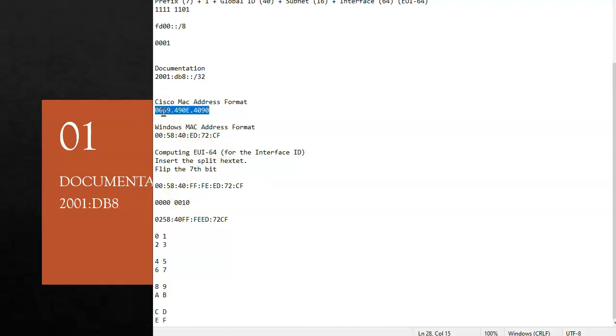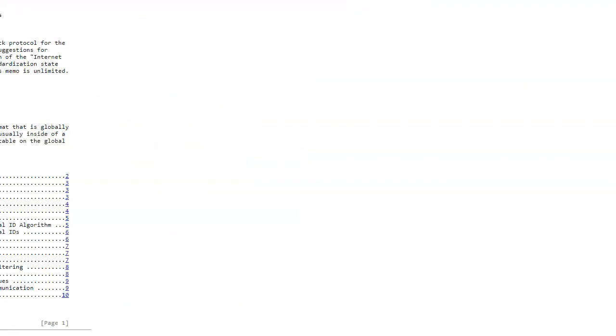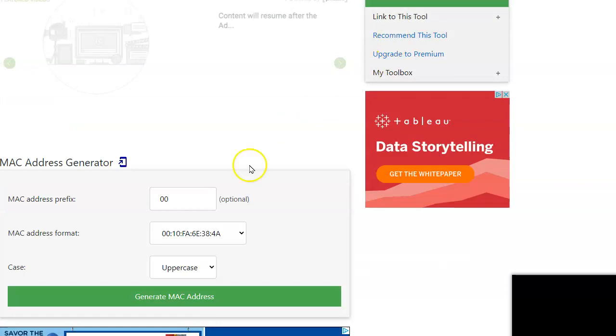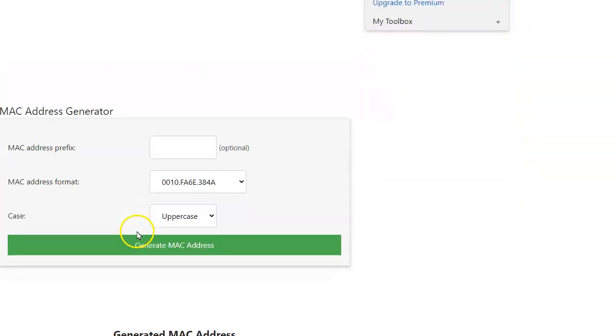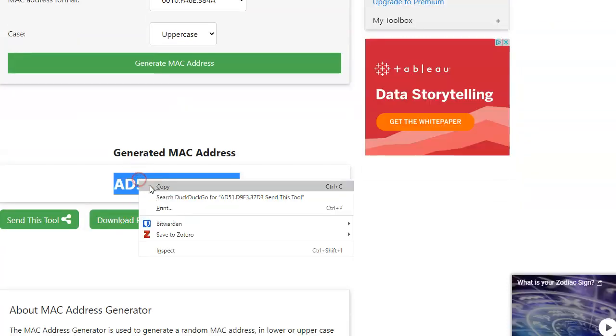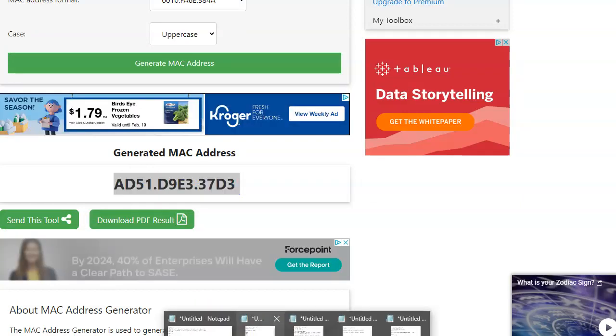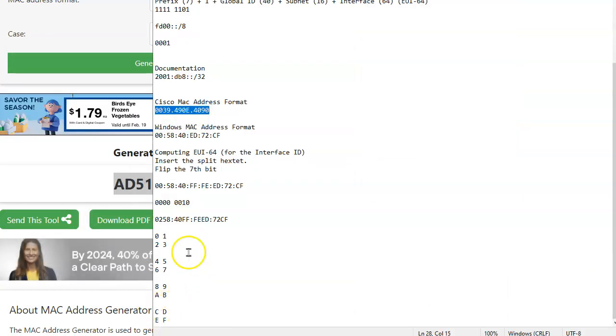Let me go generate one here. Okay. I have a tool that generates a MAC address, and I'm just going to generate one randomly, and I'm going to put it in this Cisco format. Okay. So here's my MAC address.